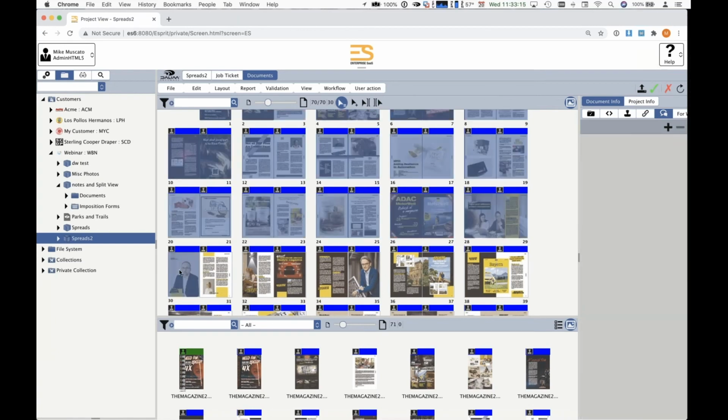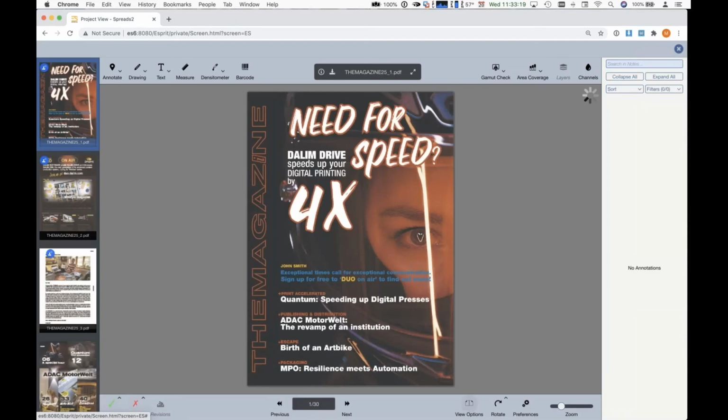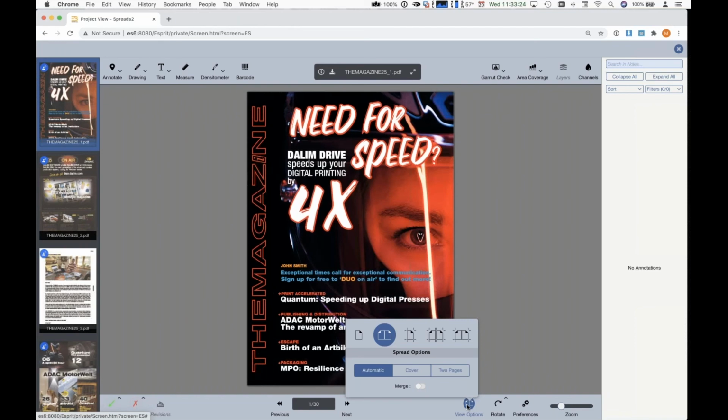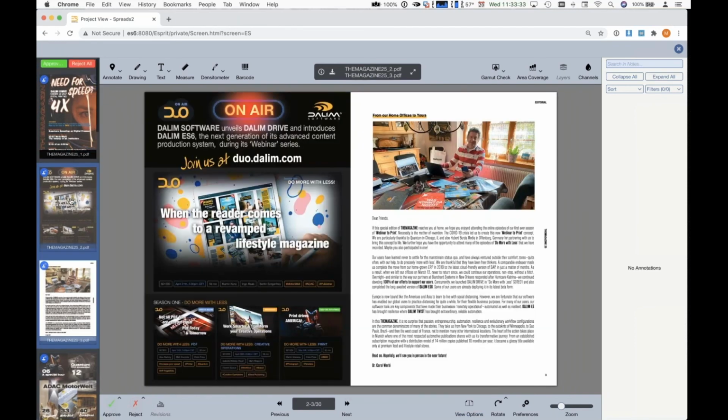Again, we're already in trim spread view. The default setting is automatic. So again, automatic with the flat plan gives us probably what we expect. I think that's the way it used to behave. So I have page 2 and 3, page 4 and 5 as spreads, front and back cover are seen as